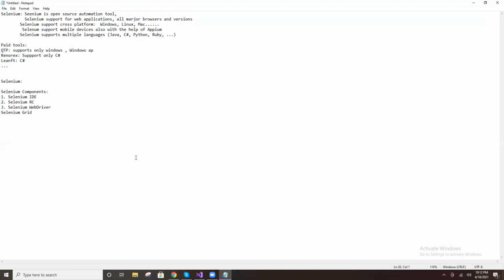These are the four components available. Only these four components are available in Selenium.